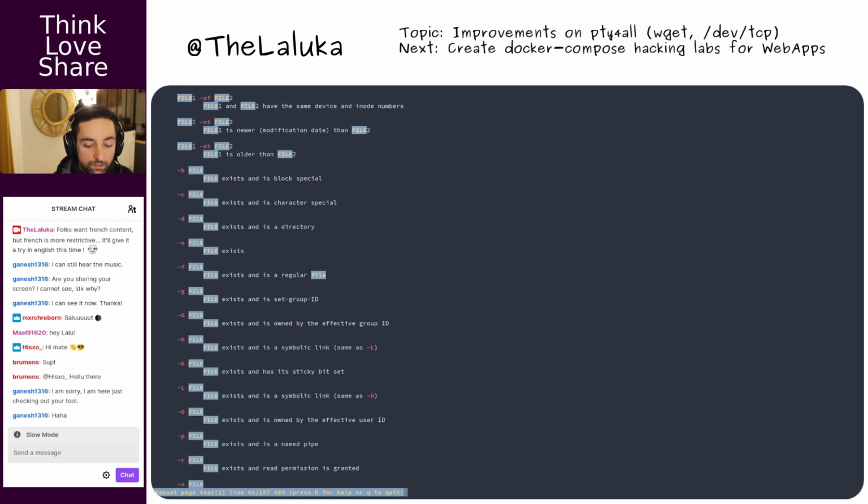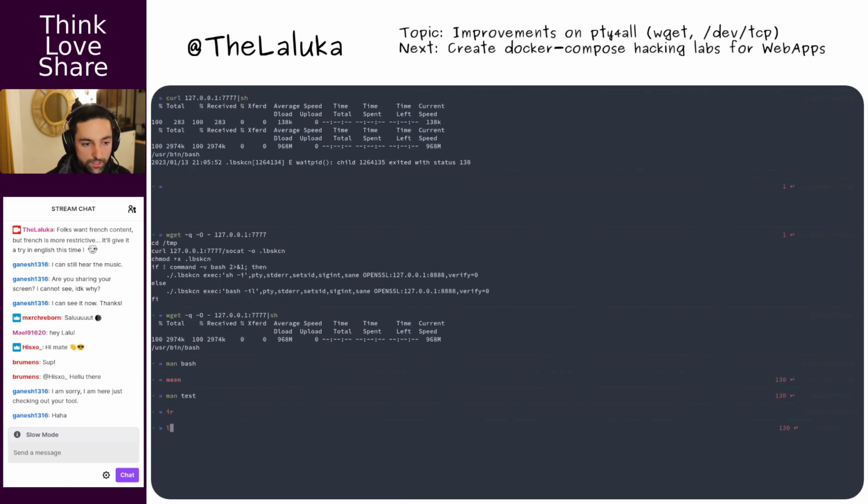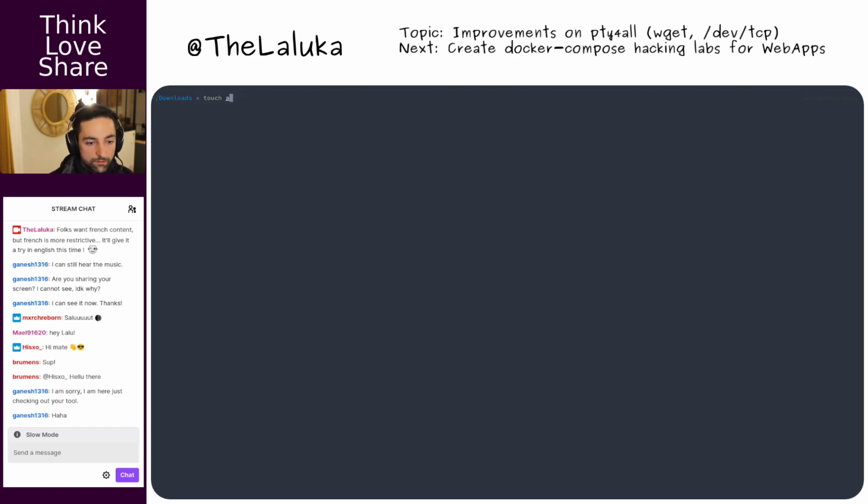Yeah, I just want to have something like, so, okay, let's say I have a file that exists but is not empty. I hate bash. I mean, I love bash, but I hate bash.